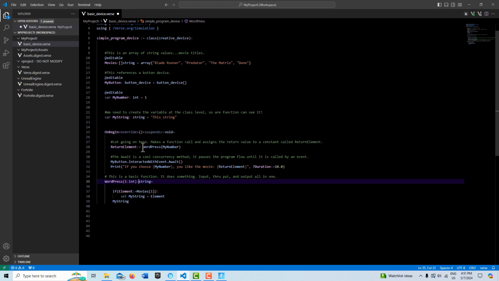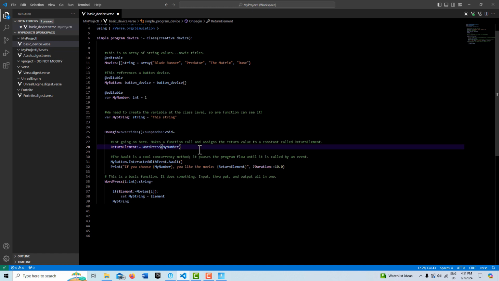So up here is where I'm actually calling this function right here. And this can be confusing as a beginner because the call is kind of buried in here. Because the whole point of calling a function a lot of times is to get something out of it. When I call a function here, like WordPress, and I'm sending the integer in, I'm also equally as interested in getting this string value back. When I call this function here and send in an integer, I know it's going to send me back a